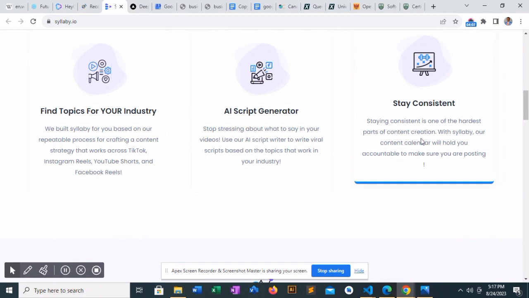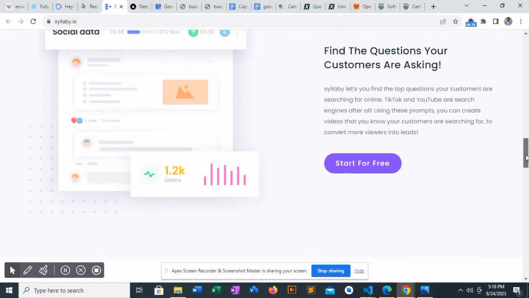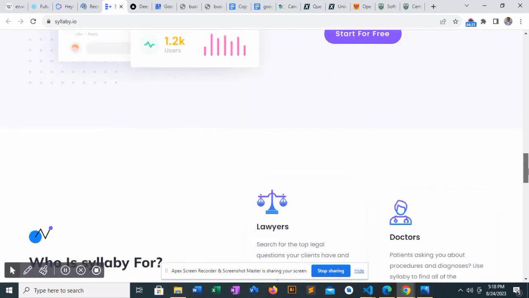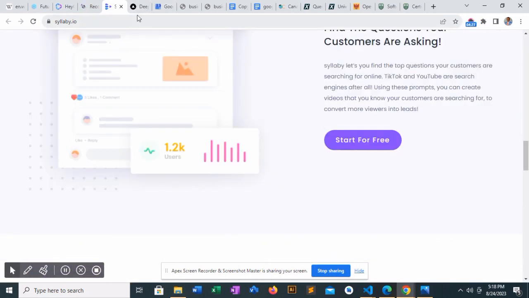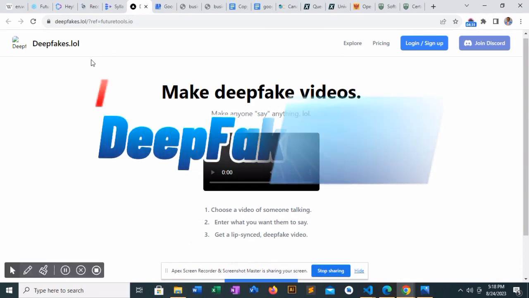As you can see here, staying consistent is one of the hardest parts of content creation. With Syllabus, our content calendar will hold you accountable to make sure you are posting. These things are very nice. As you can see, it says start for free. Let's move on to the next one. The next one is